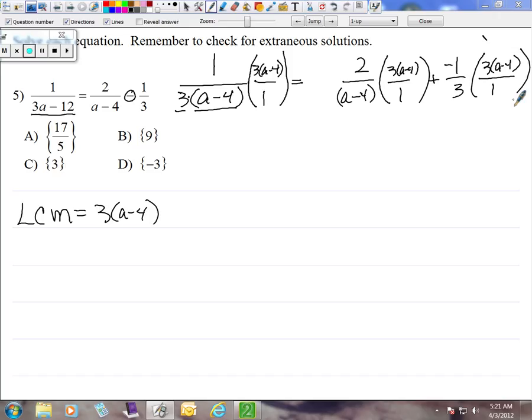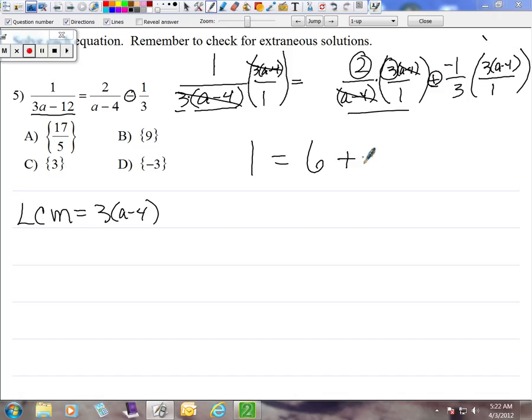Now you might want to take a look at that. See if you see everything clearly and how we've done this. We've multiplied everything by the same thing, the least common multiple, on both sides. Now this one's nice. What happens here? They all cancel, leaving me 1. Now in this particular set of fractions, only the a minus 4's cancel. So that leaves me 2 times, because these are multiplication, contained by multiplication, 2 times 3 is 6, plus,